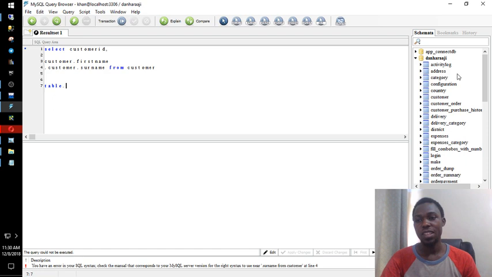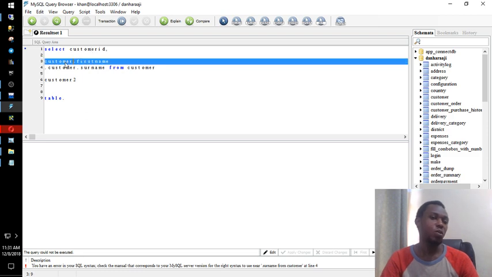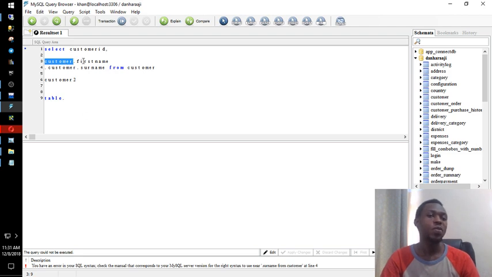For example, there is another table, and that table too has a column of customer ID. Now if you are linking that table and this one, let's say there is another table for customer 2. If you are linking this and this, and they all have a column called customer ID, how will the system know the customer ID is coming from this or is coming from this? So that is why you have to start with the name of the table and then the column of the table. And in order not to always type the full name of the table,